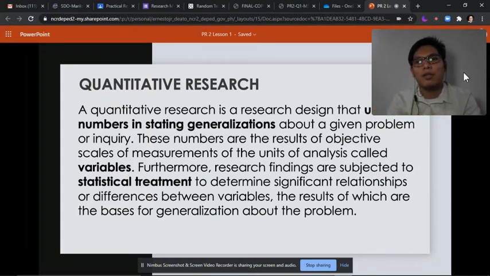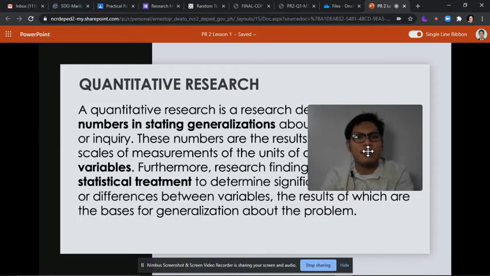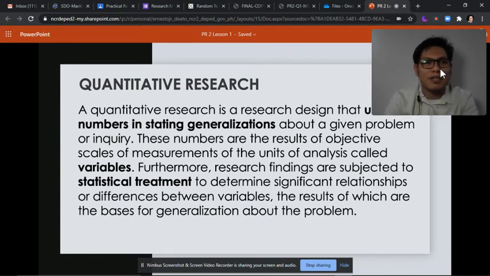Unlike dito sa quantitative research, what we need is the uses of numbers in stating generalization. So, kung alam niyo halimbawa, yung latest research sa ating president, yung sa Pulse Asia survey, stating that the net satisfaction rating of our president is 92%, the highest satisfaction rating in this pandemic phenomenon sa lahat ng bansa sa mundo. So, according yun sa research sa 1,000 respondents.